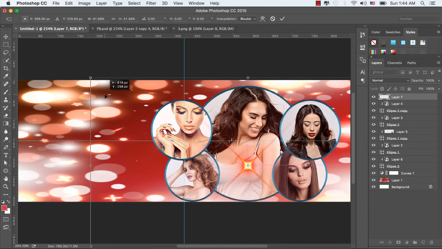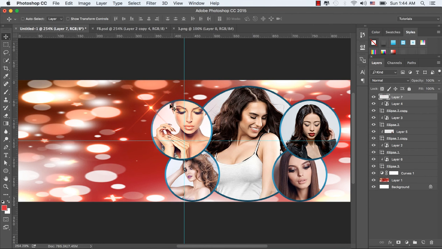Press Ctrl or Command T and hold Alt and Shift all together to resize it proportionally from all sides, and press OK. Now let's put this plus light in the corner of the left side and select the blend mode linear dodge add.